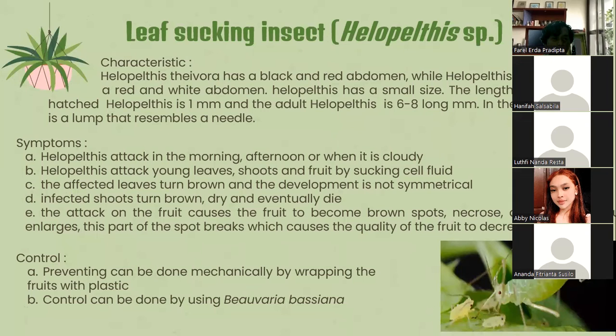So to control the leaf-sucking insect: first, prevention can be done mechanically by wrapping the fruit with plastic. Second, control can be done by using Beauveria bassiana. Next,